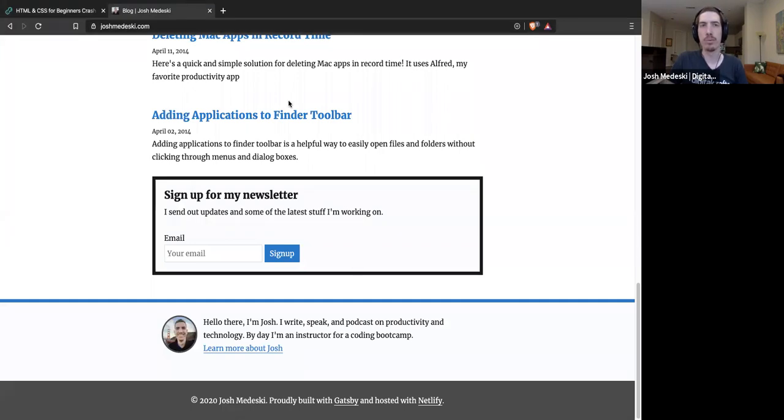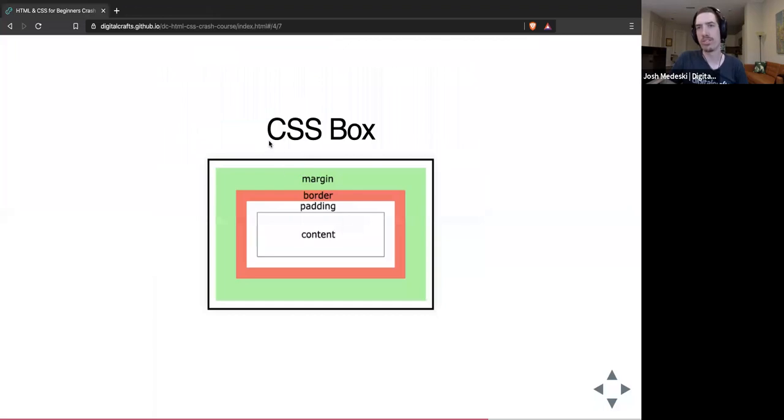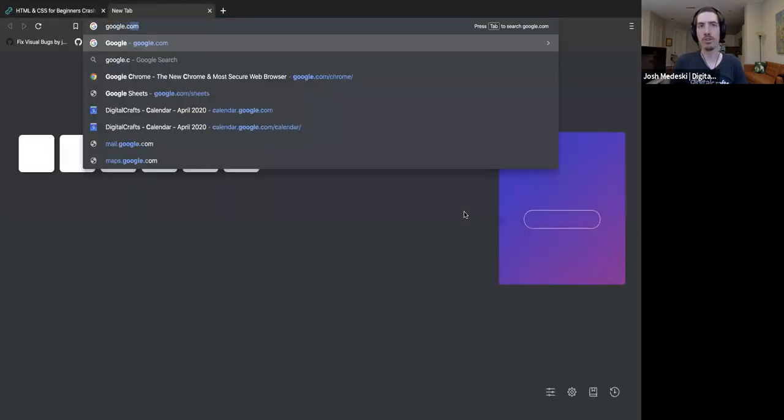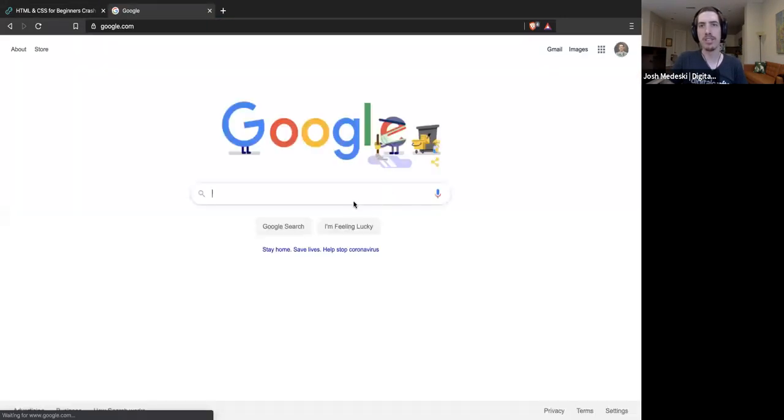So we use this box. We actually call this the box model. That's what this is called. We use this so that we can shape and form and put things in layouts and create breathing room between elements and everything that we need to do to make it pleasant and a good experience for the developer. Even if we just go to google.com, we can immediately see